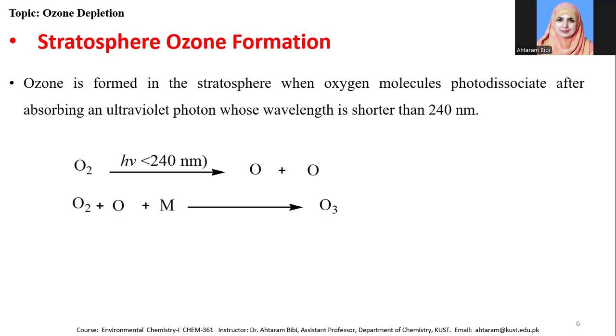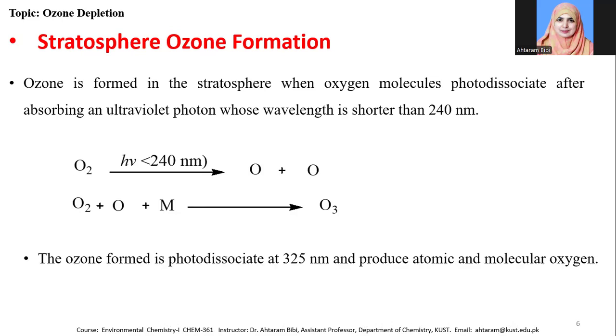When the wavelength is less than 240 nanometers, the oxygen molecule produces two oxygen radicals, and those oxygen radicals combine with oxygen molecules, in the presence of other species present in the stratosphere, to produce the ozone molecule. So in the stratosphere, this reaction continues. It absorbs very high energy radiation with a wavelength less than 240 nanometers. The oxygen molecule photodissociates to produce the oxygen radical, and the oxygen radical combines with the oxygen molecule to produce